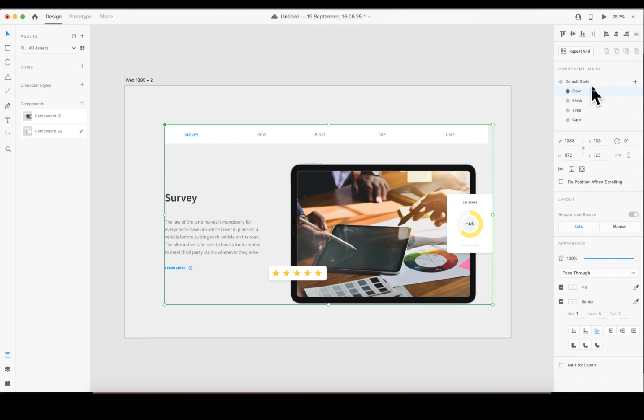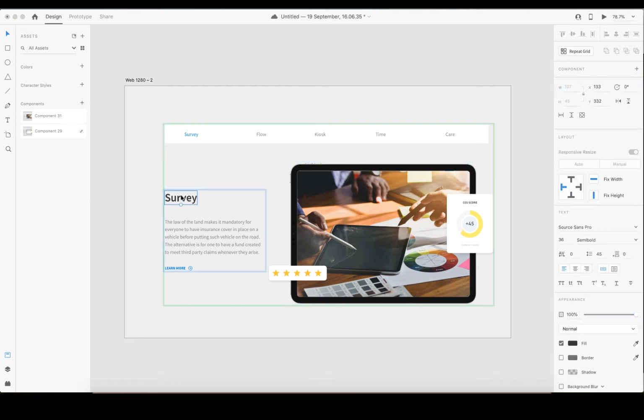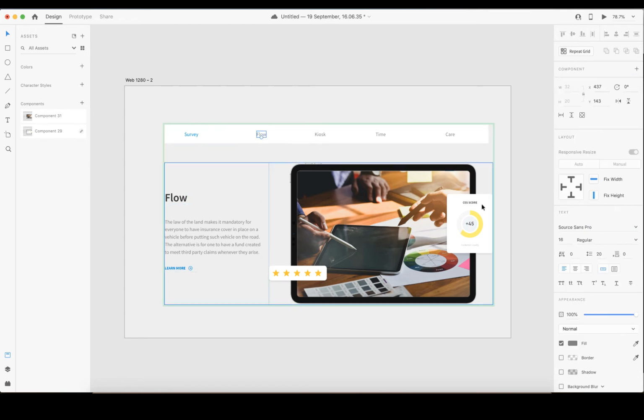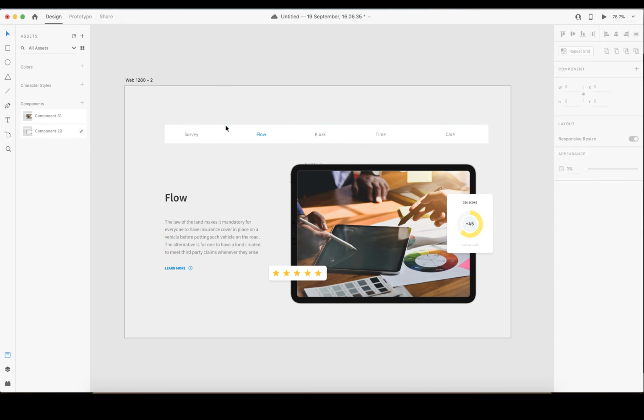So on state of flow, we have to change this to flow, and then on flow state, we have to give flow this color, the blue color. I can use my color picker. Once you come on this, use your color picker, you can come here and click on the color, it changes. Then this survey color, since it's no longer the active stage, we have to take it back to the original color, or a generic color which other people have.